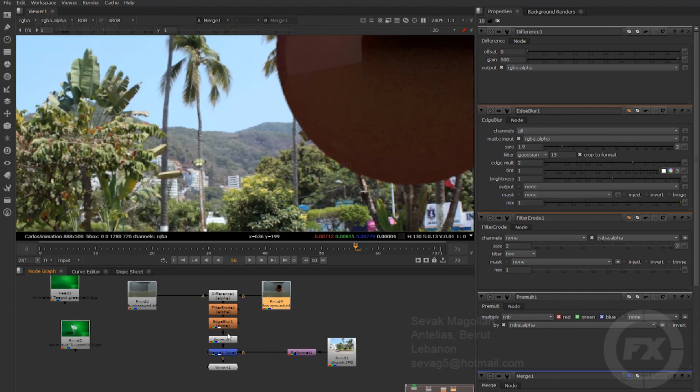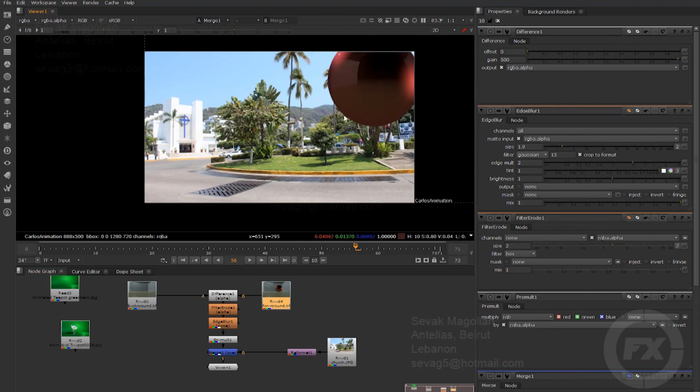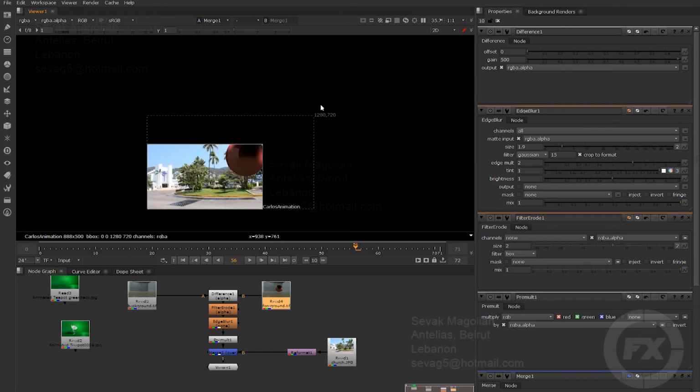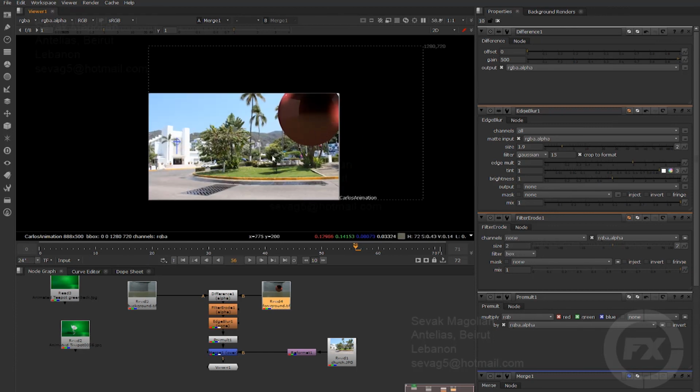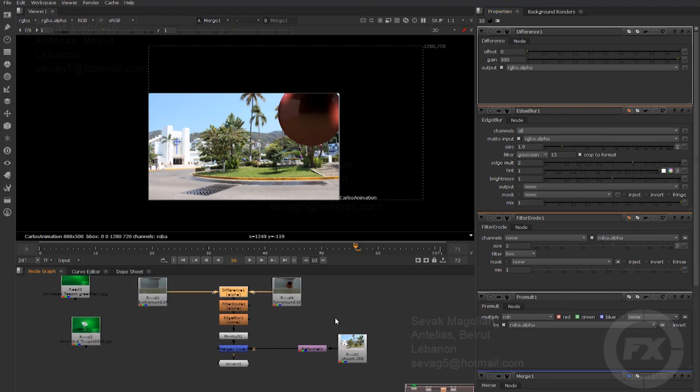And now the erode and my edge blur are working perfectly fine here, and I am not getting any kind of problems with that. Now, because I have a little bit more resolution here, you can see this image is a little bit bigger than the teapot. But you have the idea of how you can deal with these kinds of situations. Really cool tool, simple to use. Here, more than anything, it's just the concept of how to use it and why you want to use it. As for parameters, there's nothing. It's just the two different options that you have in here, the gain and the offset, where in this case, we want the offset to 0 and the gain all the way to 500. So I hope you have an understanding of what we can do with the difference tool inside Nuke,